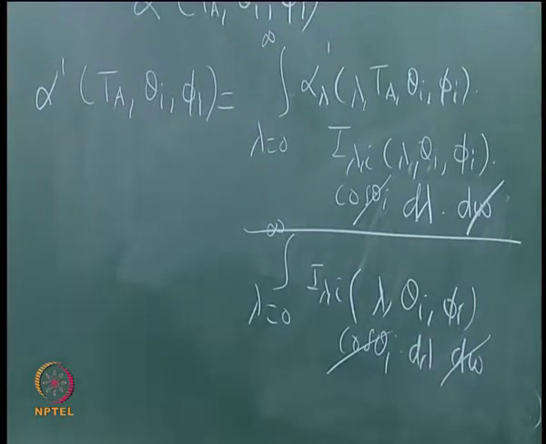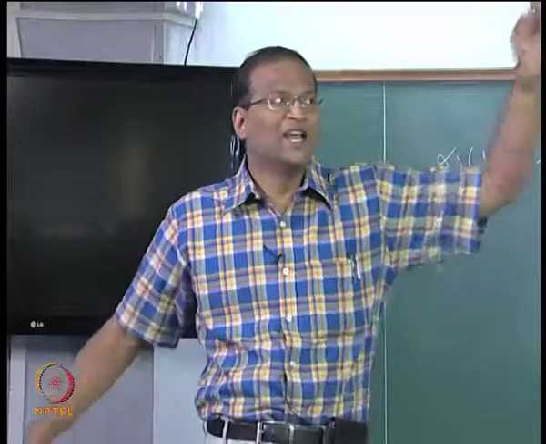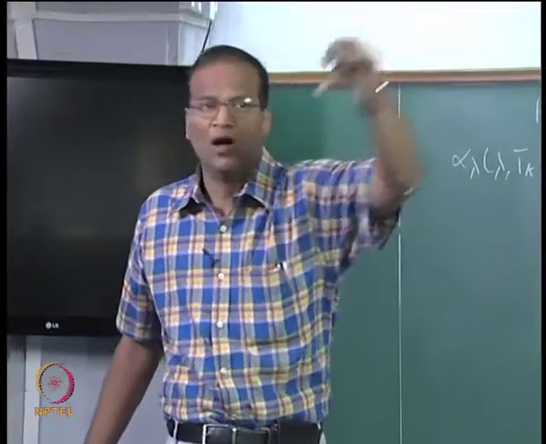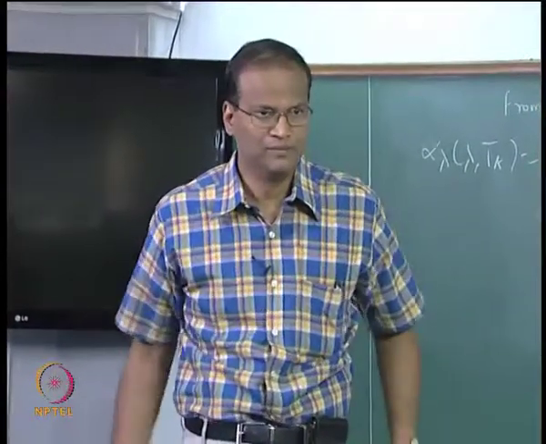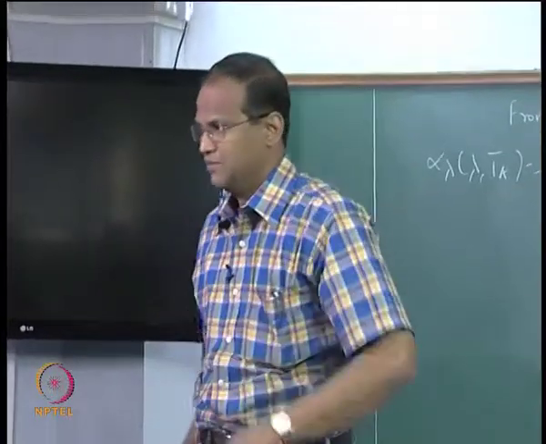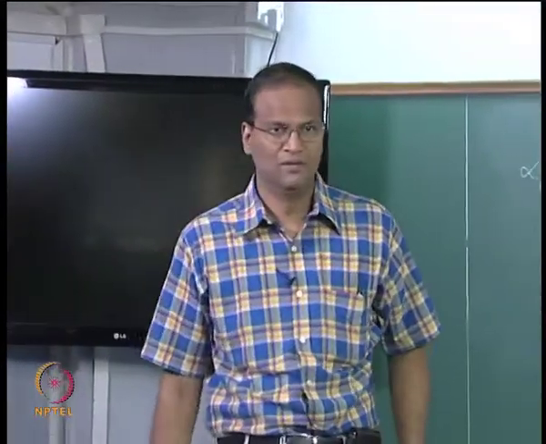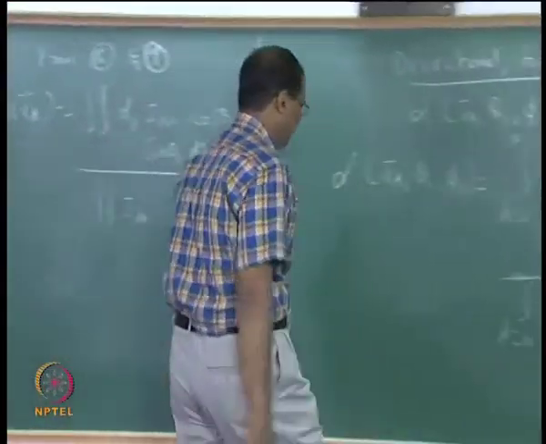That cos theta I comes because of I lambda I cos theta, right? Because I is based on the projected area, cos theta will always come, because all the incoming radiation will not be normal to this dA. Only when the zenith angle is 0, that will be cos 0, which is equal to 1. Alright, fine. Now the last one,